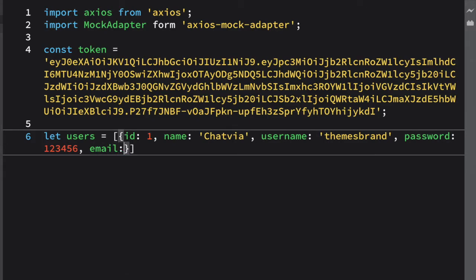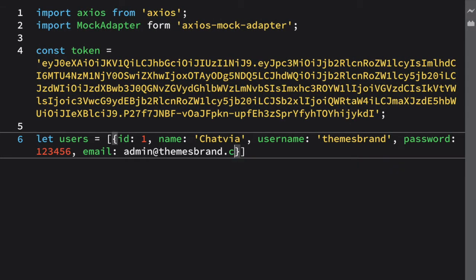Okay, so email is, let's say here I am giving email@themesbrand.com. Okay, and because this is a string, you need to embed this inside these single quotes. Okay, otherwise there will be an error.